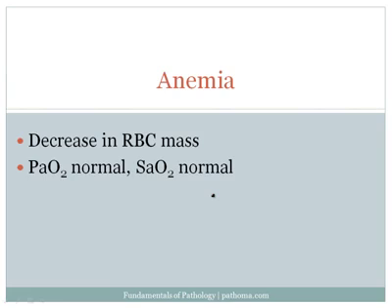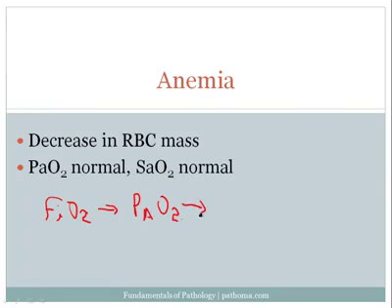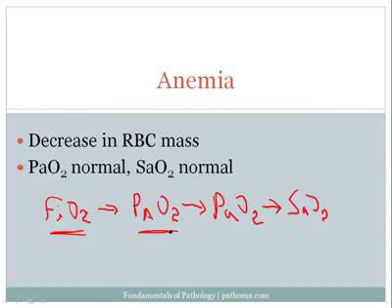And so one important thing to remember is that if we go back to our paradigm that we had just established, if you have an FiO2, and the FiO2 is generating a PAO2, and that's generating a PaO2, and that's eventually going to generate an SaO2. What we should remember is that when we have anemia, there's no problem with the atmospheric oxygen. There's no problem with the ability to bring oxygen into the lung. There's no problem with the ability to squeeze oxygen into the blood. So the PaO2 is actually normal.